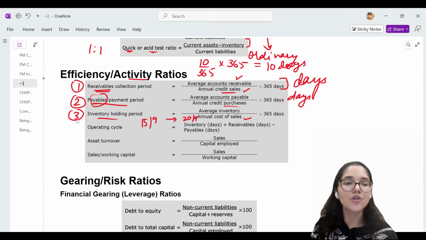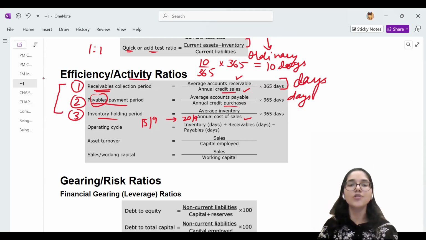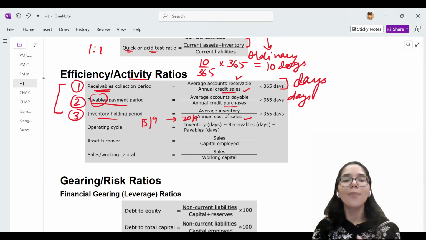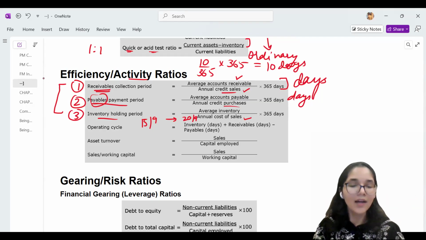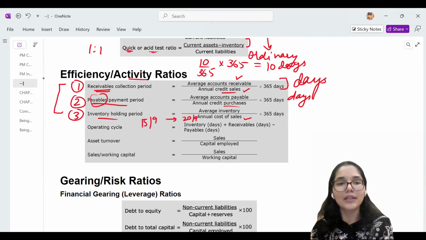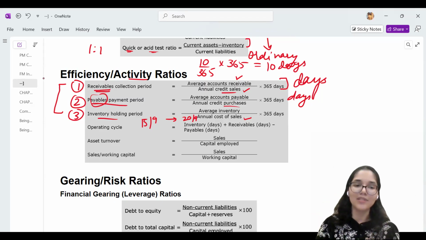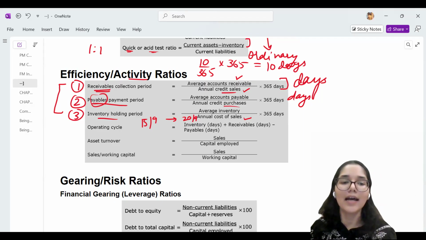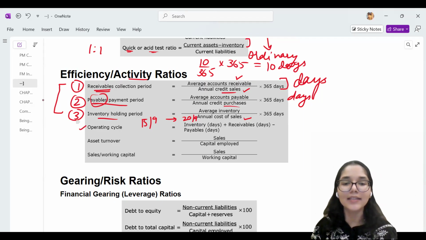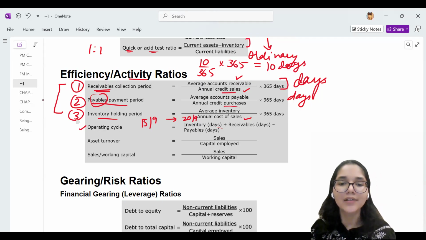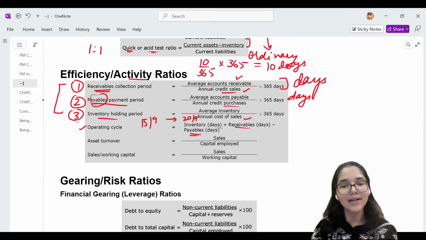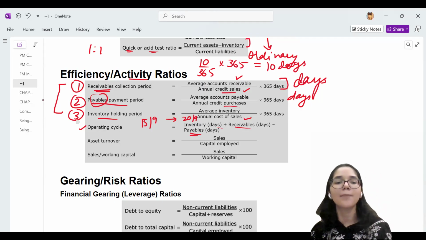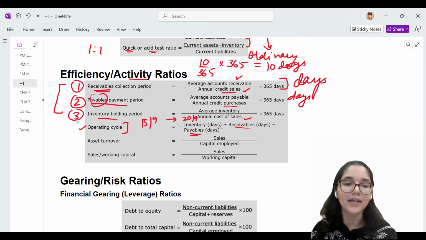Then you have another ratio, which is nothing but a combination of these three ratios, which is the operating cycle. This operating cycle is basically the time that the business takes right from when it has started incurring cost on raw material, on inventory, till the time they actually sell it to the customers and cash comes back to the business. This entire cycle is called the operating cycle. How do we calculate this? You add the inventory days, you add the receivable days, and you subtract the payable days. So whatever are your current assets, you add them. Whatever are your current liabilities, you subtract them, and that will give you your operating cycle.